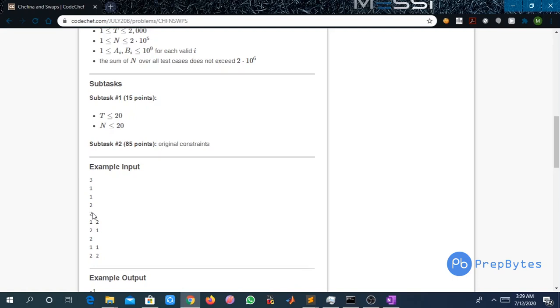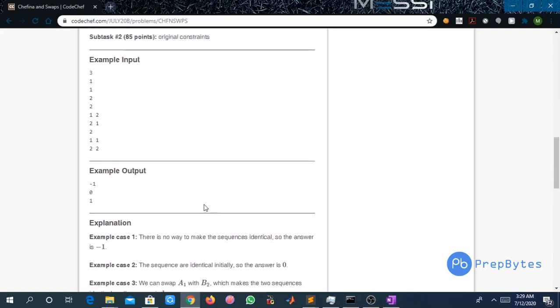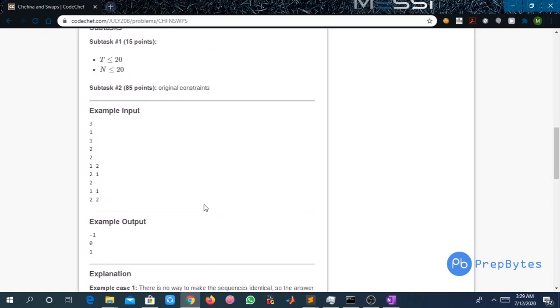Here n equals 2 for the second test case, so two elements of array A and two elements of array B are given. Same for the third test case, where n equals 2.